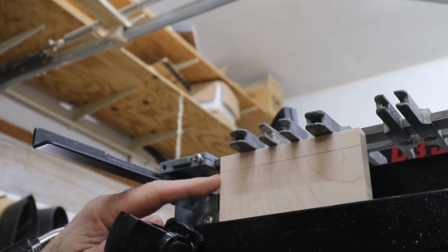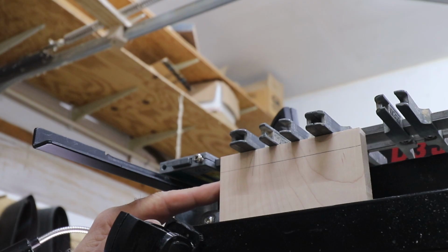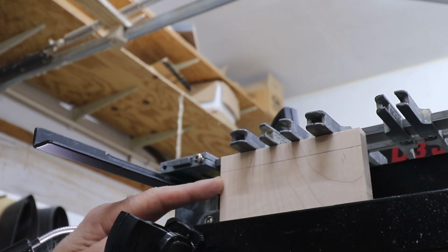Now some will say split the line. Some will say go a little below the line. Don't go above the line, because your tails and your pins will be inside the wood. If you go below the line, you'll have a little bit proud, so you can sand it to smooth. I usually try to split the line in half. So now what I can do is cut the